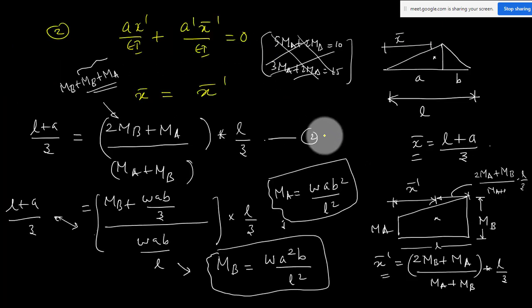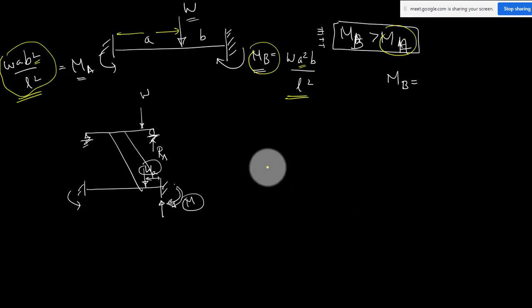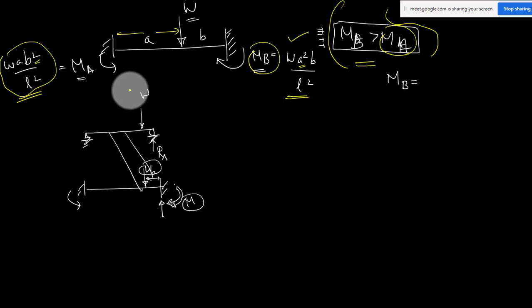You derive it, you will get these two equations. You can also understand from this example. If you solve this, you will get these two equations. Now you see which is higher, W a b square by L square or W a square b by L square. Definitely this is going to be higher. That is why initially itself I was not telling, because if you do a few examples, then only you will understand, then only you will get all these things clear. Okay, because directly I am telling it is more than this one, that is why you are a bit confused. So now you can compare the value, you compare this expression, you will find that this is more than this value, because here a b square and here I have a square b, a is more than b, so this moment is higher.